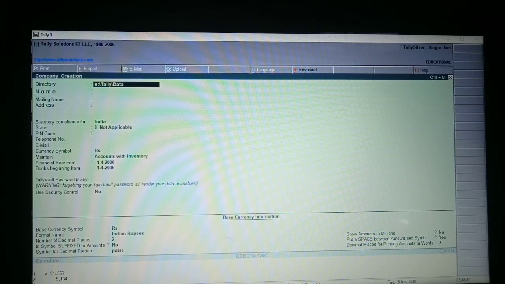In my system, it is in G drive. So you change the drive to G, Tally/data and press enter key or down arrow. It is asking name of the company.